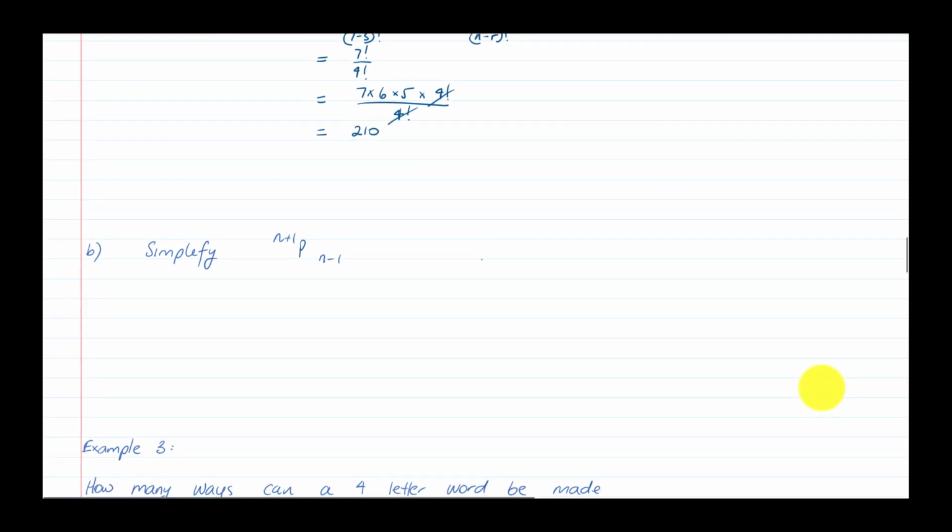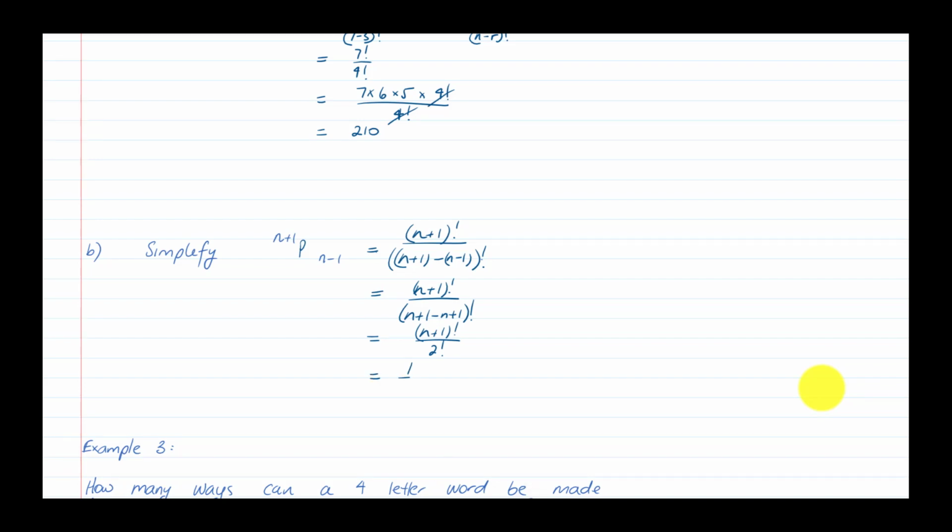Now simplifying (n plus 1)P(n minus 1), this will be equal to (n plus 1) factorial over ((n plus 1) minus (n minus 1)) factorial. So this is n minus r. So that is (n plus 1) factorial over, and now on the bottom we get (n plus 1) minus (n minus 1) factorial. And so this will be equal to (n plus 1) factorial over 2 factorial,